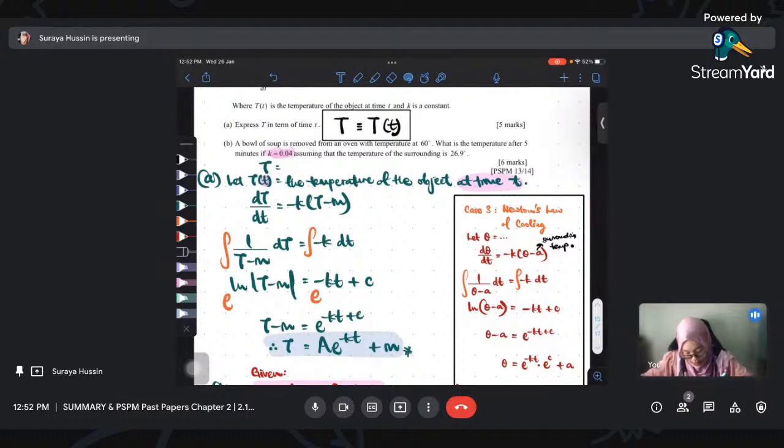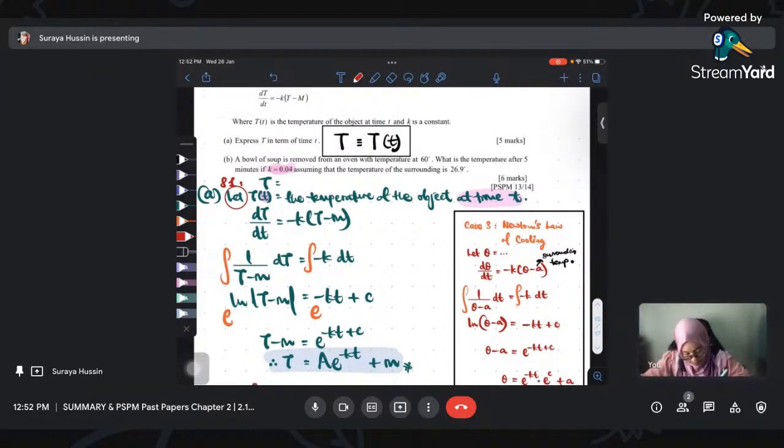Okay, now, this is the first step. Maybe I should write it down. First step, you must let. Okay. Let. Biasakan pandai baca soalan dan biasakan pandai let. Pandai keluarkan information yang penting. So, dia sangat baik. Soalan ni dia dah bagi information penting. The temperature of an object at time t. Dia dah bagi. Tapi ada certain soalan dia tak bagi. So, you kena pandai-pandai tulis. Okay. So now, okay, second step,